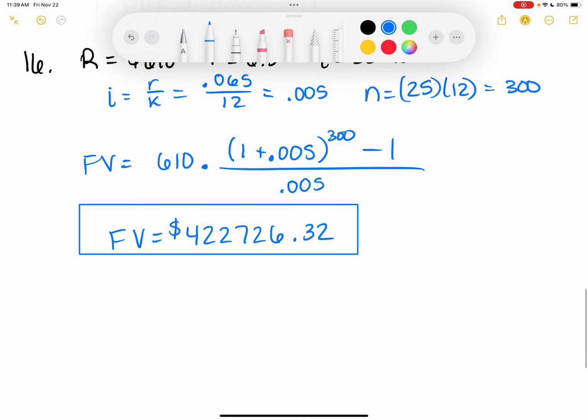All right, so that was future value. The last thing is present value, which isn't too drastically different other than the setup of the problem. So present value, we have R times, and this is the same thing where it is in front being multiplied by the whole thing. 1 minus, in parentheses, 1 plus I raised to the negative n